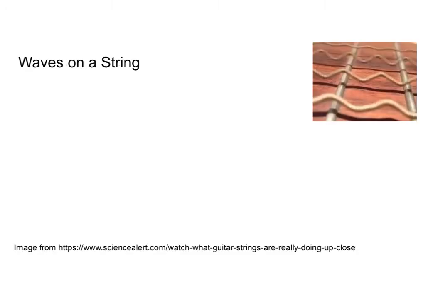So let's start with a wave on a string, because I think that's the simplest example to think about conceptually. Good examples of waves on strings are guitars, as you can see in the picture on the right here. Other good examples are violins, violas, cellos, and of course the classic pulling a rubber band between two of your fingers and strumming it with a third. So with a string,